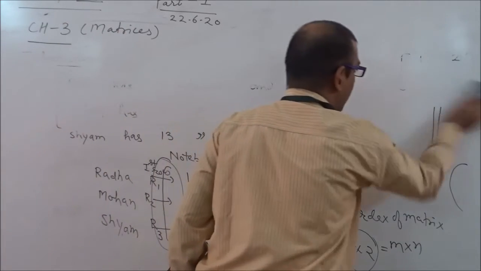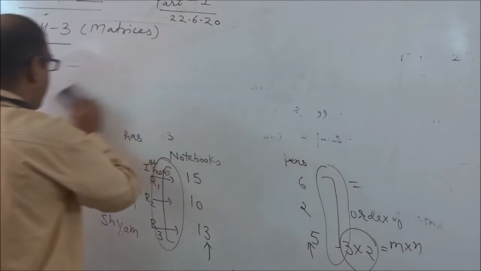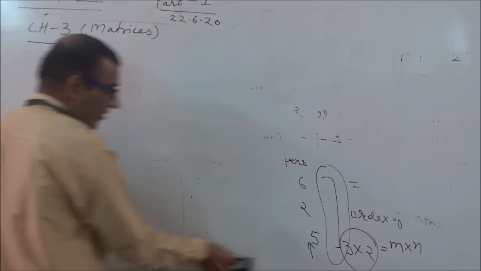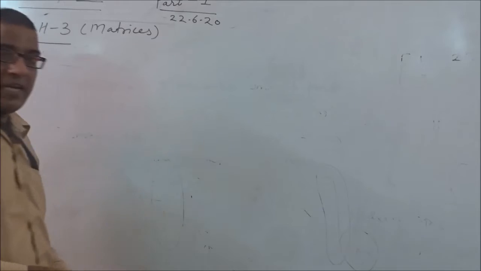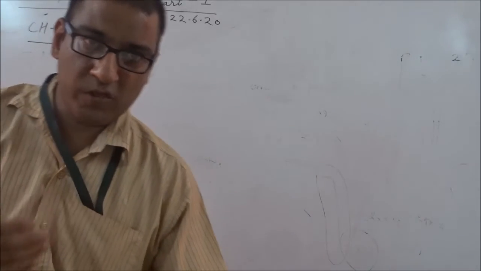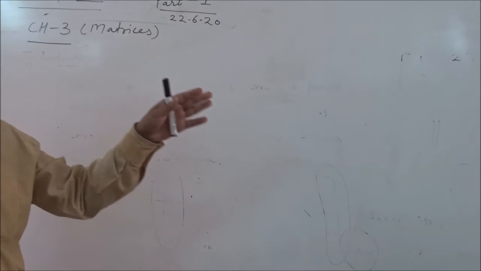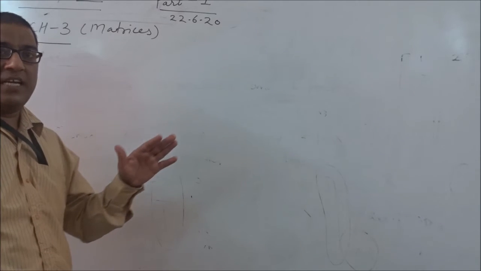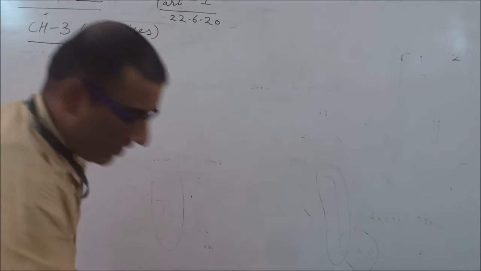So this is the introduction part of matrix. What is the advantage of matrix and where do we use matrix in our daily routine? For example, when you go to any railway station or bus station, you see so much information given. If you go to any bank or post office, many charts and information are given there. At a railway station, it gives your departure time and arrival time, so that you can easily identify which information is related to what. So it is a systematic arrangement of information, nothing else.